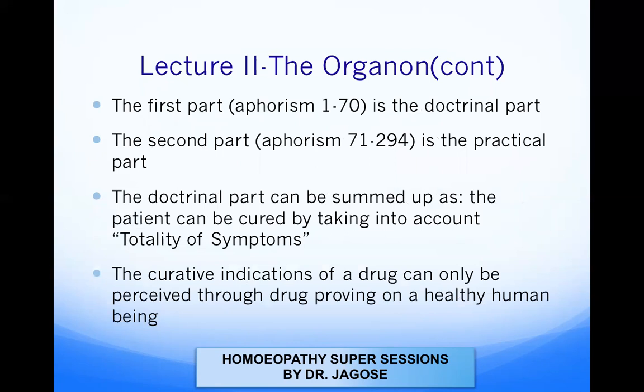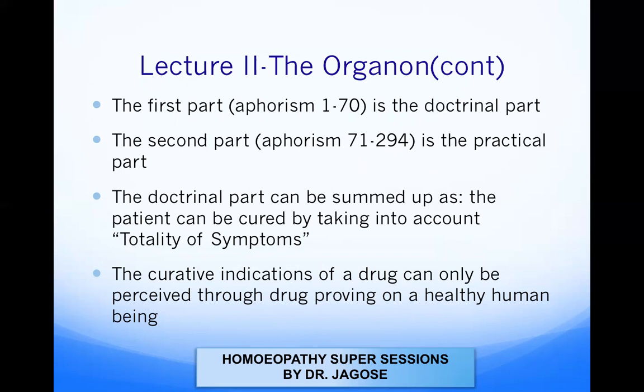In the structure of the book, that is the 5th edition, in the first part, aphorism 1 to 70 is the doctrinal or theoretical part. The second part, aphorism 71 to 294, is the practical part. So initially, Dr. Hahnemann explains to you the theory of homeopathy: what is homeopathy, who is the sick, what is